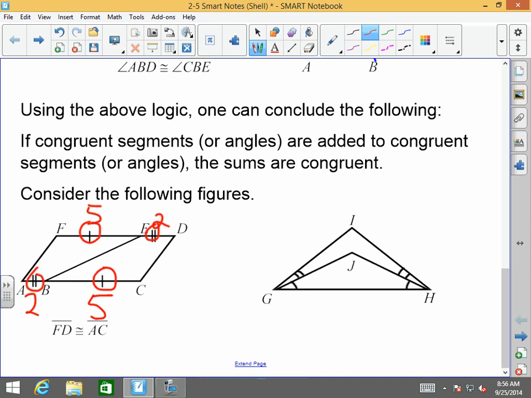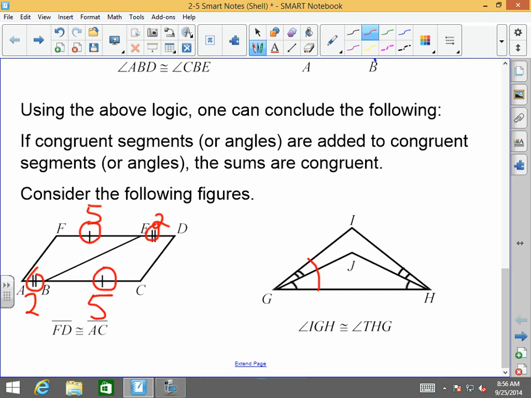Okay, let's look at the triangles that I have here to the right. I know that angle IGJ is congruent to angle IHJ. I also know that JGH is congruent to angle JHG. What do you all think we could conclude from this? I couldn't have said it better myself. Angle IGH, which is the sum of IGJ and JGH, is congruent to